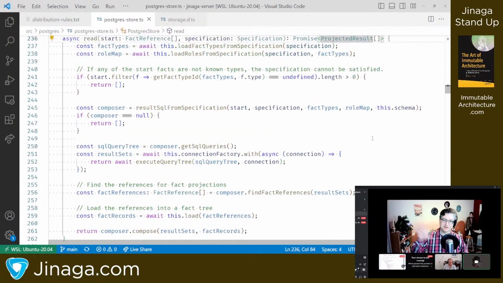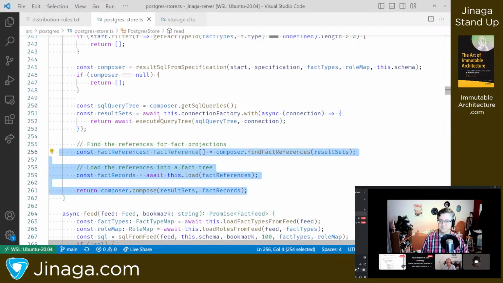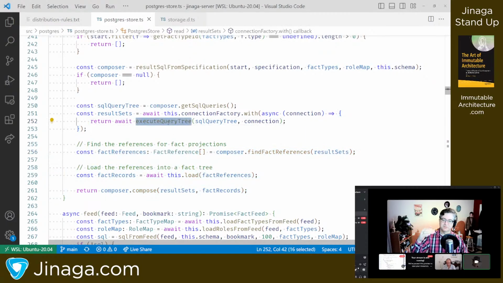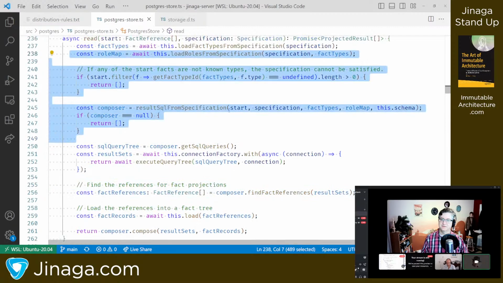So this final stage here of mapping the result sets, which are the result set tree, mapping that to the projected results, I'll take care of that in the refactoring as well. So you'll work from here down, and I'll work on this part and this part.